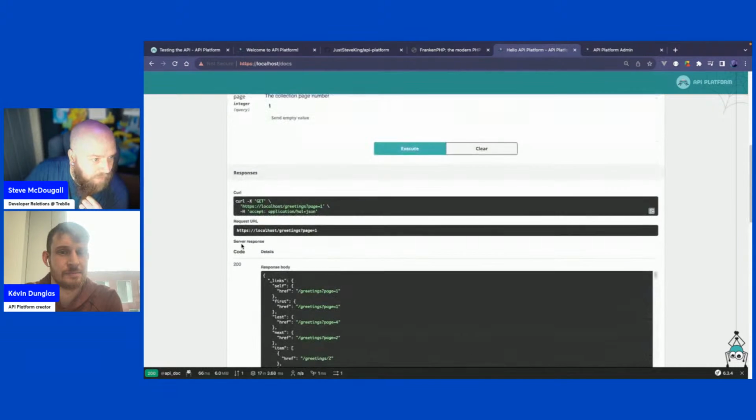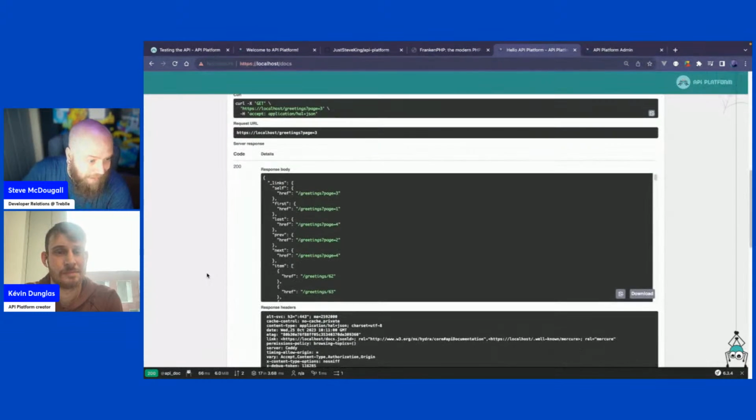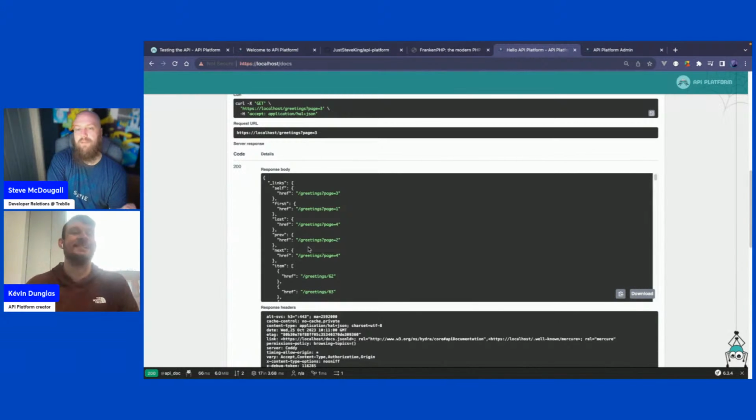So we can just kind of swap the page now. So let's go to page 3. And it just works. Wow. That's as low code as you can get for building a REST API, right? That is just perfect.